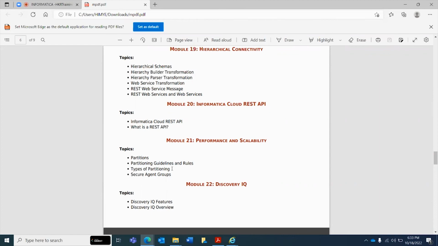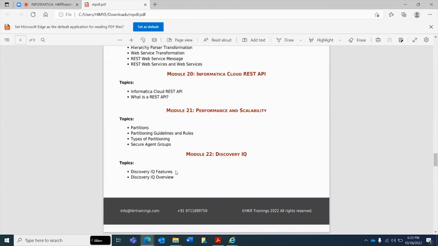And the secure agent groups, as I told you, we install a secure agent on the system to communicate between the system and the cloud. This will also be part of the training, like how we can install the secure agent on a Linux or Windows environment, and how to connect to the local applications.